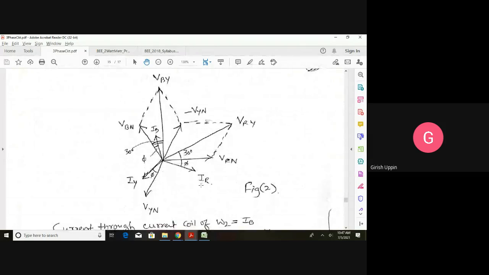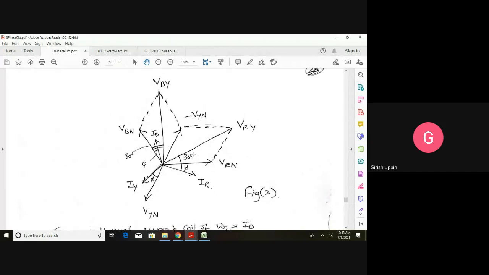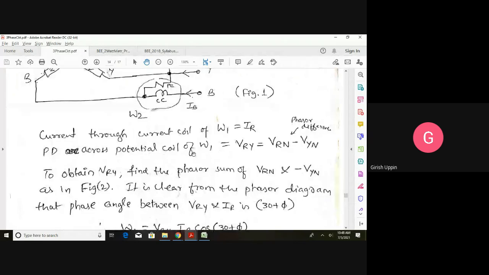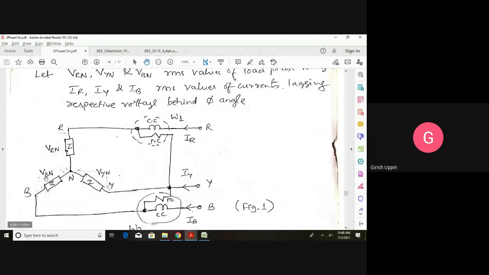When we draw the phasor diagram, how to draw the phasor diagram? First, you are going to draw the phase voltages. This is the VRN. VRN is nothing but VR or V phase. This is the phase voltage, VR phase voltage. Then 120 degrees we have the Y phase, that is VYN, and 240 degrees lagging with respect to VRN is the VBN. First, you are going to draw the three phase voltages. Now, what is the phase voltage? Go back to the circuit diagram. The voltage across R phase is VR, across Y phase VYN, and across B phase VBN. So N is the neutral point.